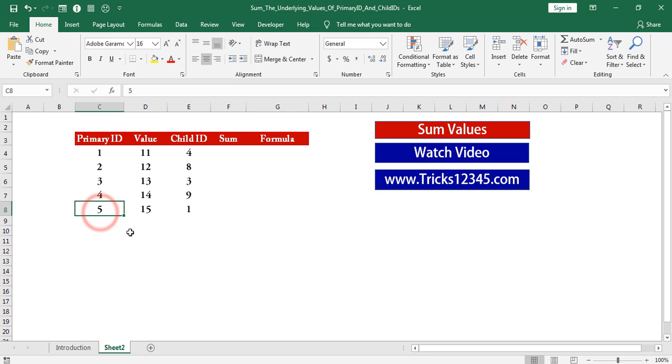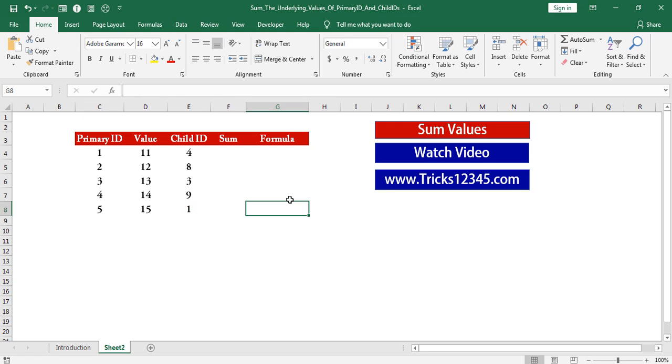Again primary is 5 and child is 1. Next I am searching with 1 in primary. Here we can find. And child is 4. Again I am searching with 4. Here we can find. Next for 4, child is 9. Again I am searching with 9 in column C. As match doesn't exist, application exits from the looping process. So this is the criteria.